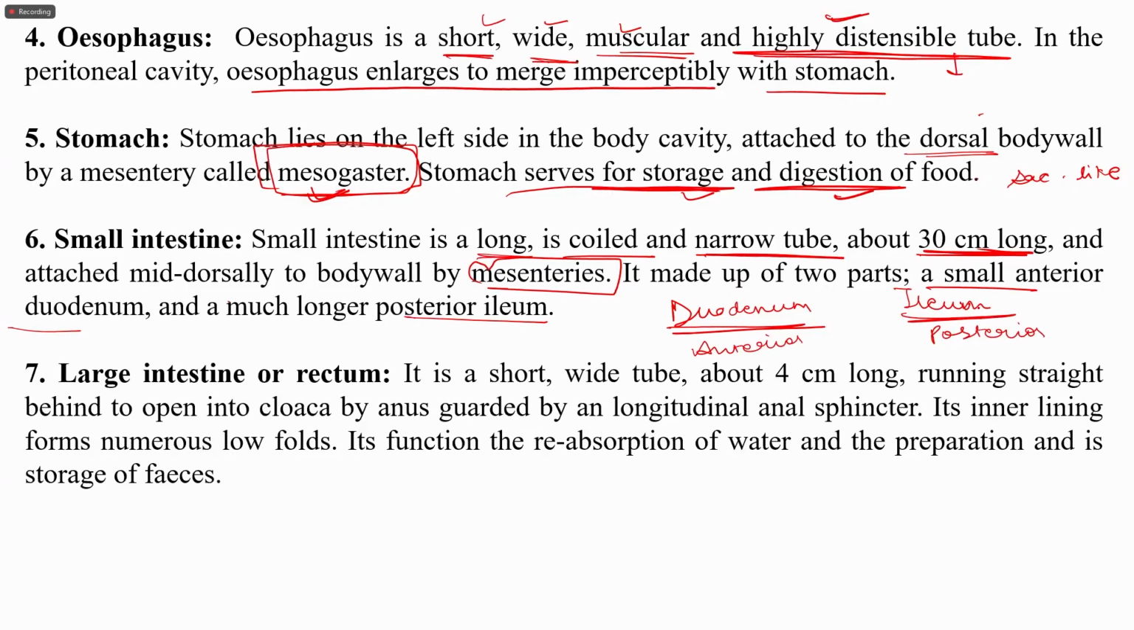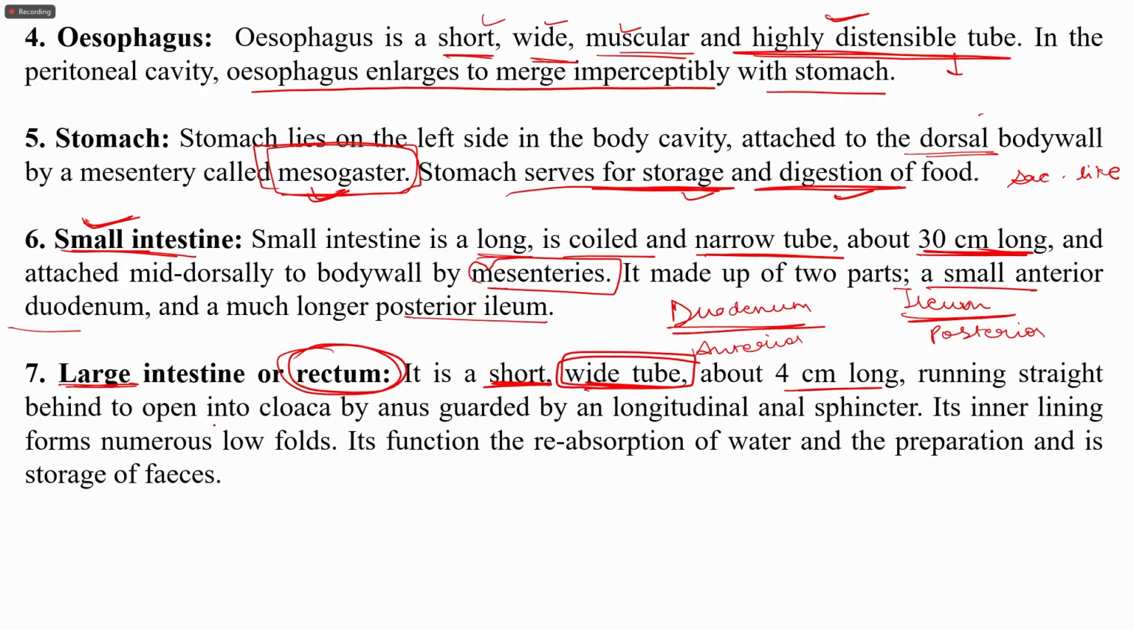The small intestine opens into the larger intestine, or here we call it the rectum, which is a short, wide tube. Because of the width, we call it large intestine. This we need to remember: if we are talking about the length, then the length of the small intestine is larger as compared to the large intestine. But if we talk about the width, then the width of the large intestine, or rectum in frog, is wider than the small intestine. It is a short wide tube about 4 centimeter long,